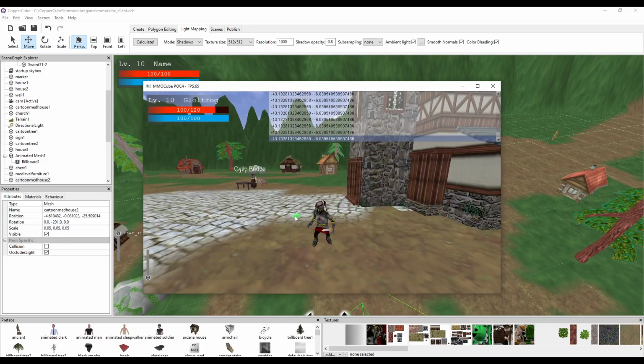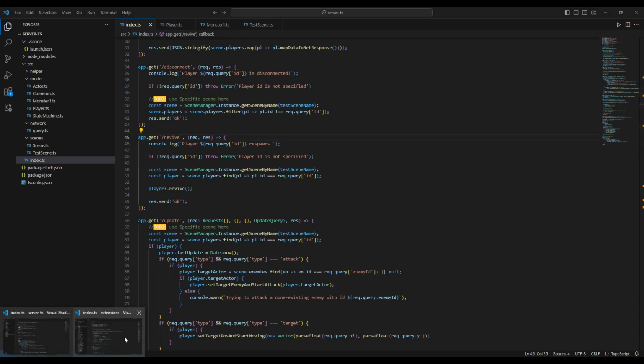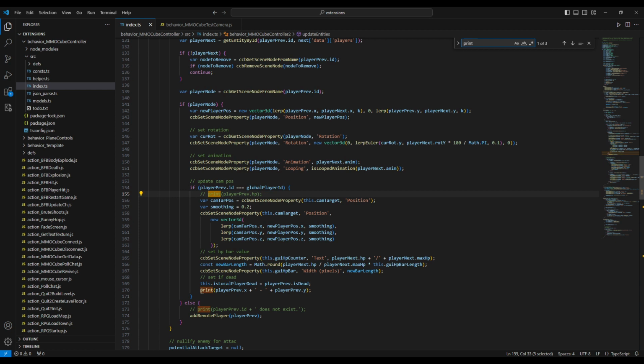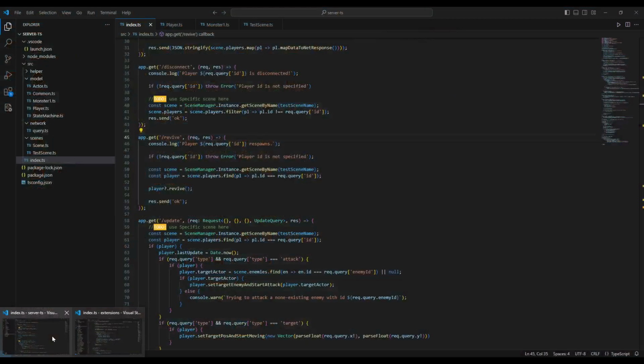First of all, we need to make separate scenes for the test scene and for the town scene. And since the town scene would be first, I will be setting it as the initial scene for all the players. So let's first remove this print station status print statement because I don't really need it, and everything is still recording fine. Okay, so I don't need this print statement here,